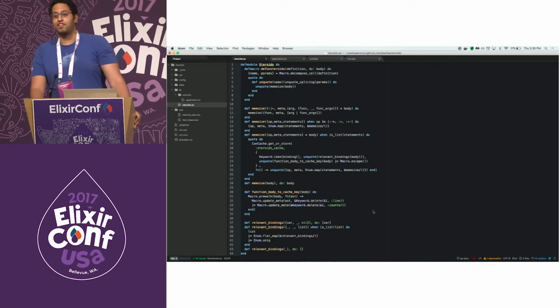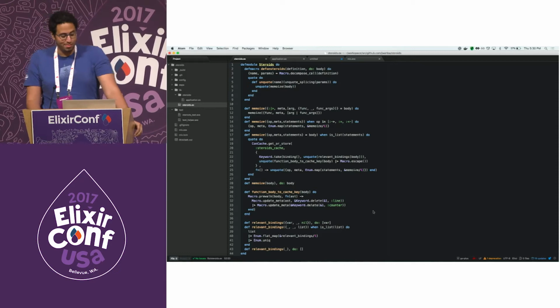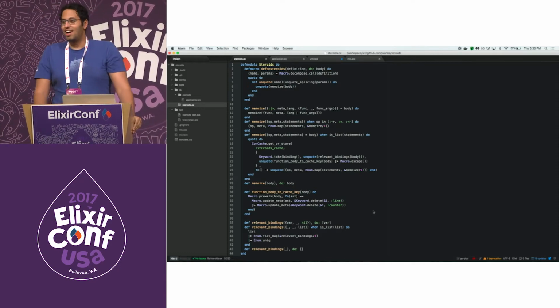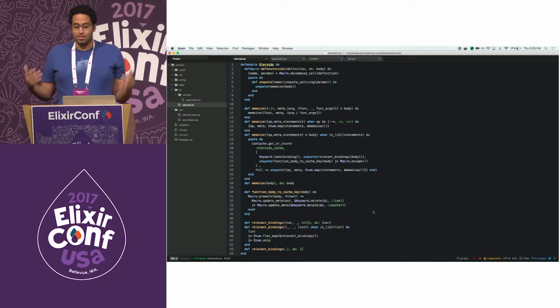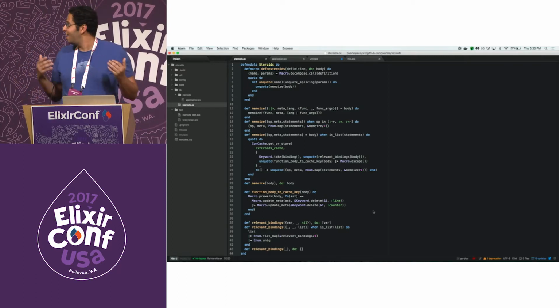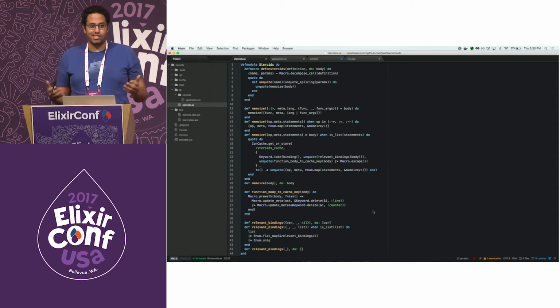I want to talk about something very, very evil. Let's do some very bad macros, shall we? Exciting, right? So imagine you're writing a program, and you're running into a problem where it's running a little slowly,